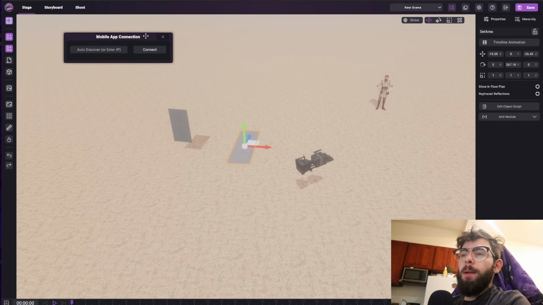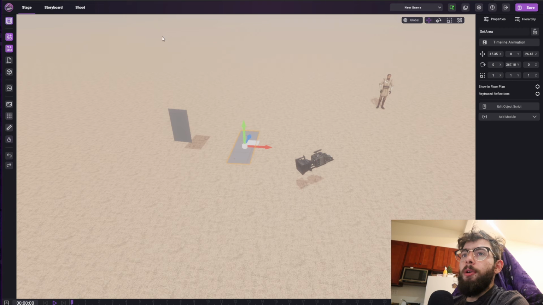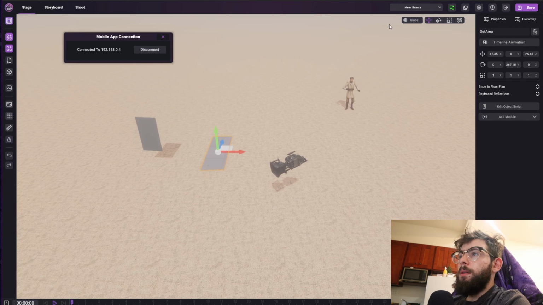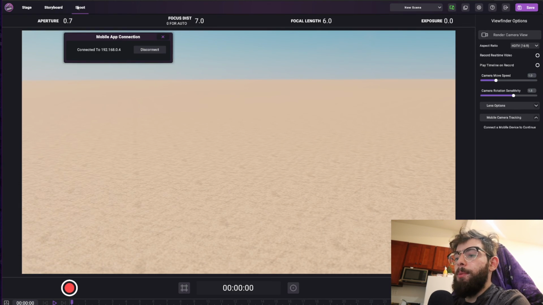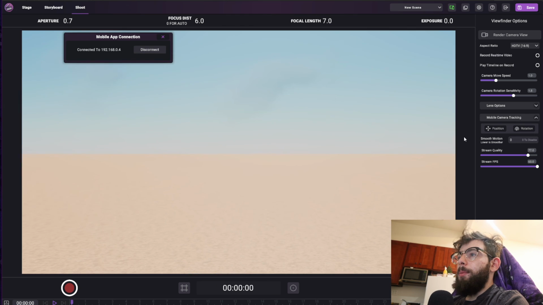So again, you open up the app, click connect, and you'll also see that the icon turns green up in the top right, so you always know that there's a phone connected. And then once you enter camera tracking mode, this UI will now become the way it